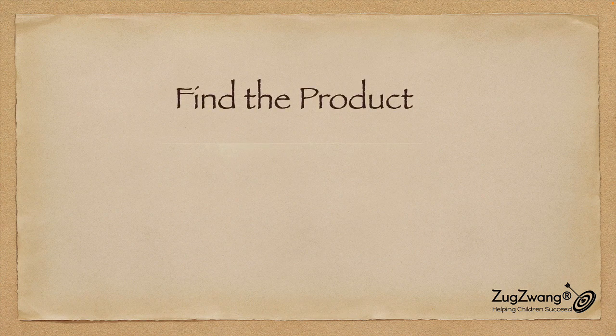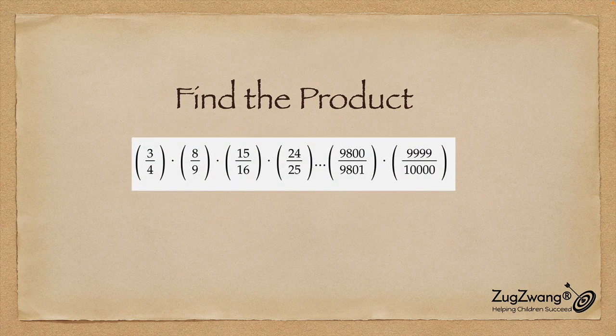Find the product of this infinite, not really infinite, but a very long chain series. So 3 by 4 times 8 by 9 times 15 by 16 times 24 by 25. Keep going this way, all the way till 9,999 divided by 10,000. What is the product of this extremely lengthy